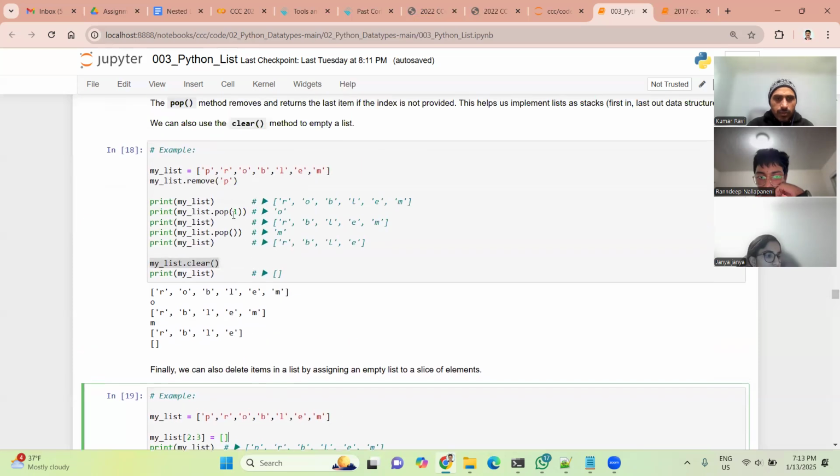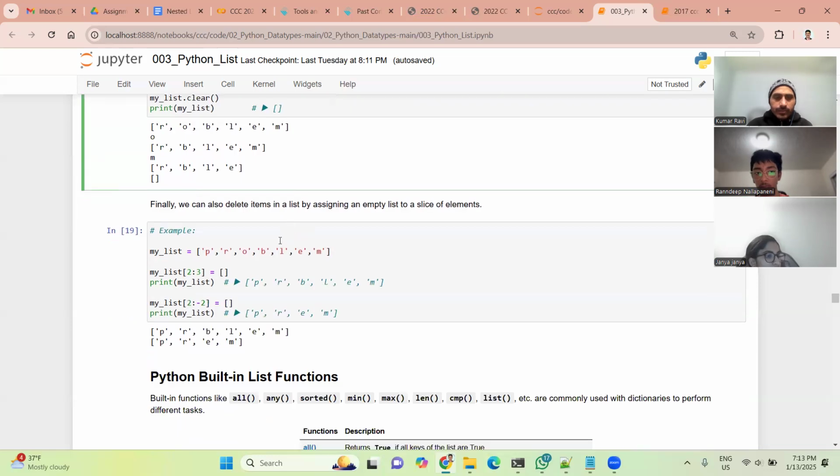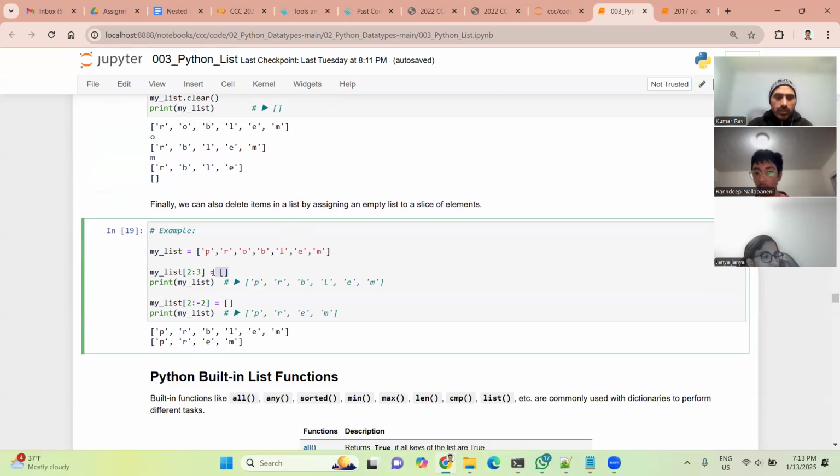We are having four ways to delete an element. One is remove: you give the element name and remove, it will delete. Pop with an index number will also delete. Or just write pop, it will delete the last element. And if you assign, using the slicing operator, an empty list there,